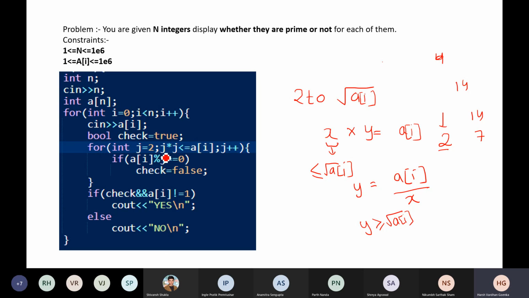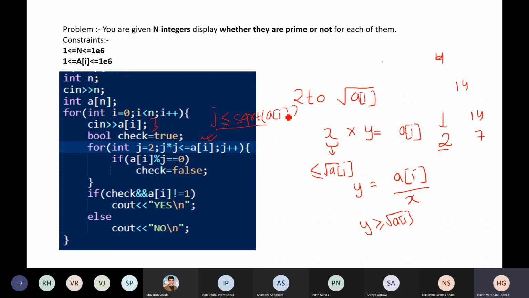So we take the user input of the number, then iterate from 2 to ai. Here you could have written it as j less than or equal to square root of ai instead of using j star j less than or equal to ai. But it is often observed that this runs a bit faster, though you can use the other one also if you want. I prefer to use this in competitive programming, and you iterate over them. If there is a factor, then I mark it as false.